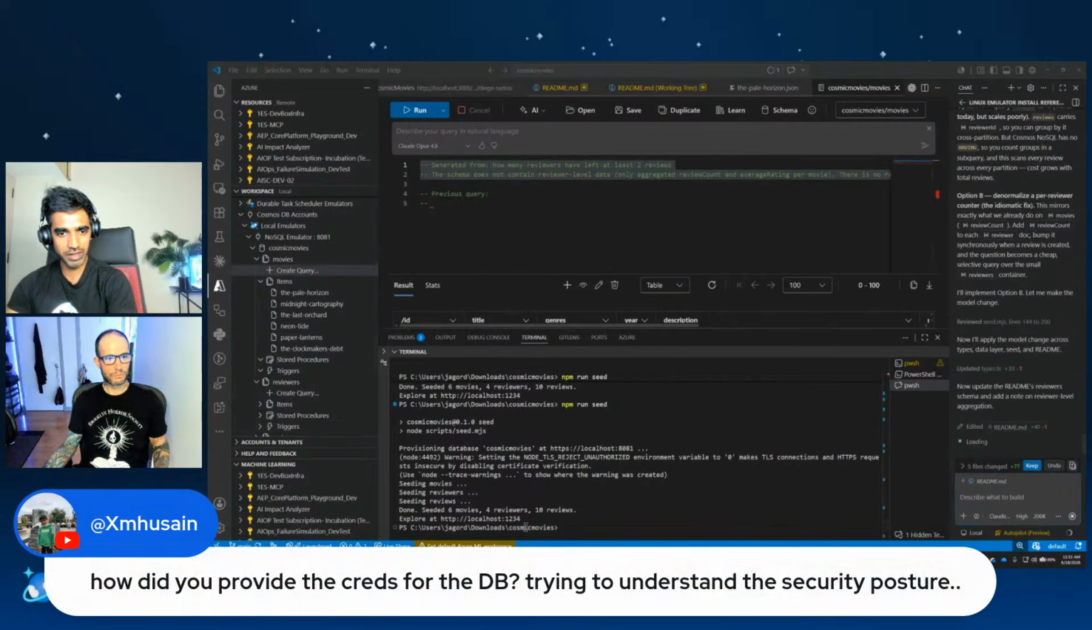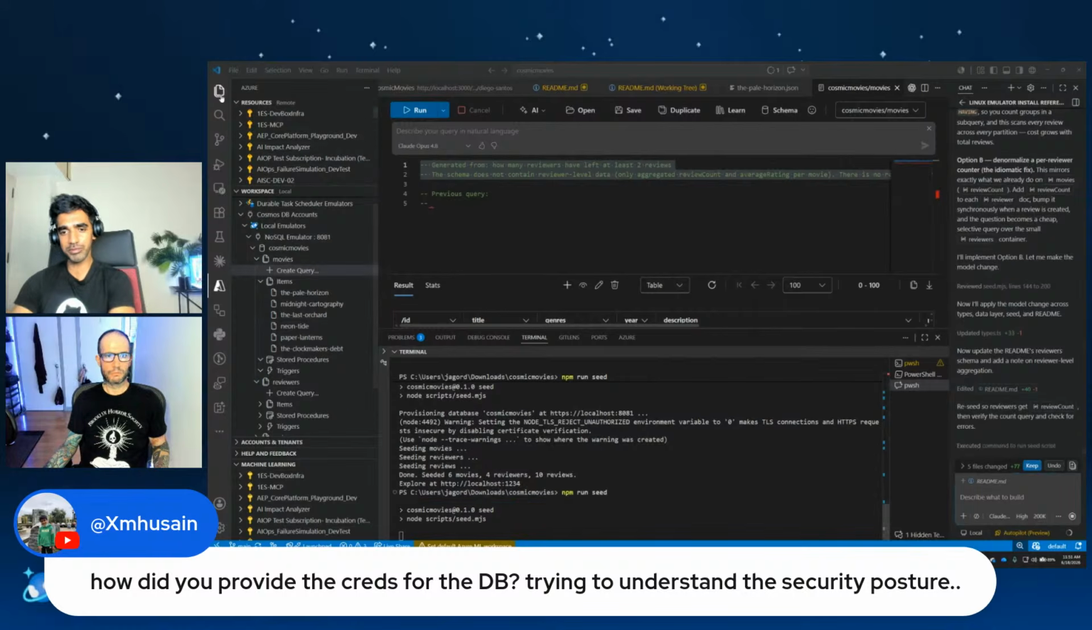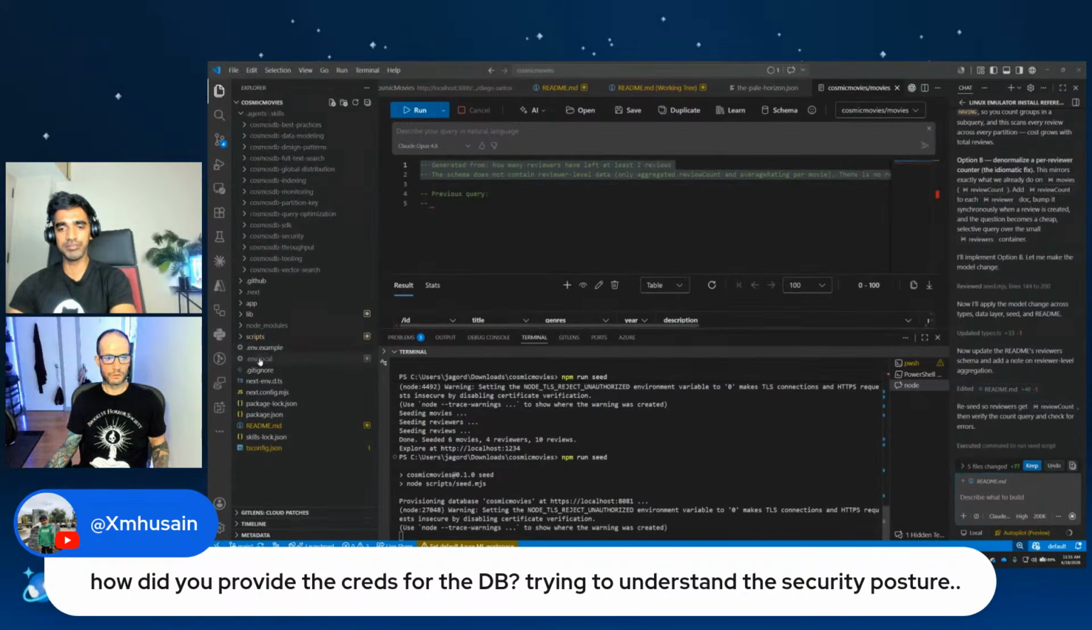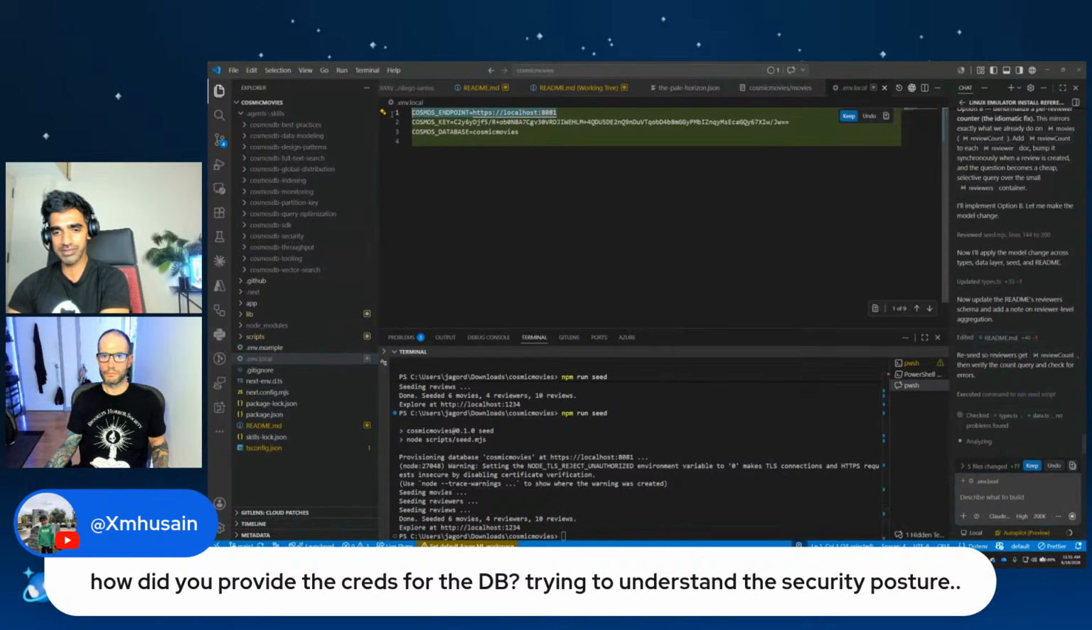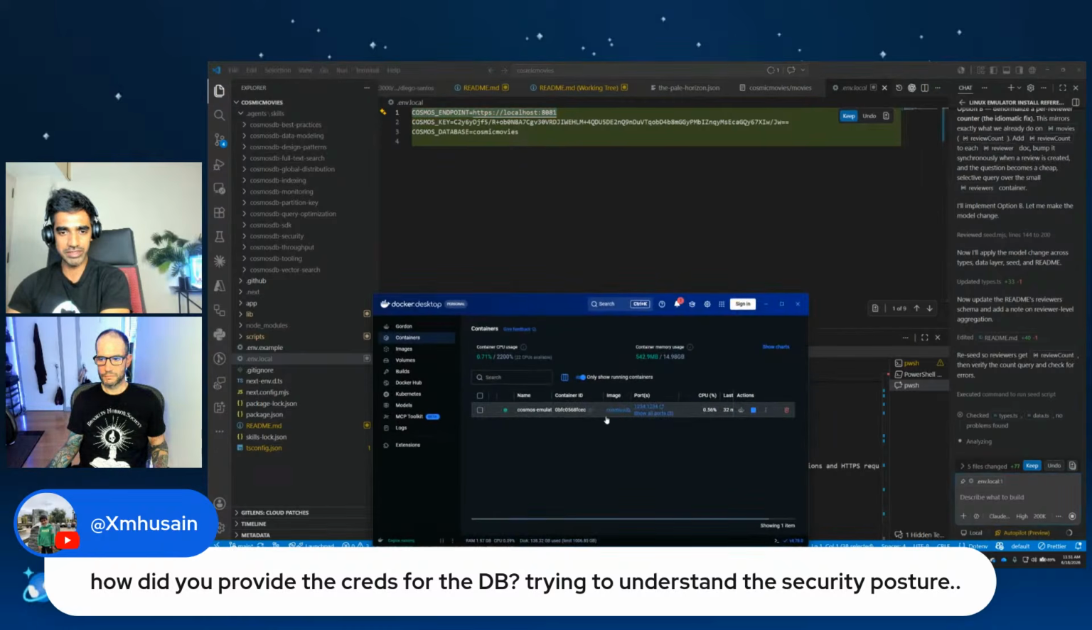Yep. And while it's working on that, there are a couple of questions we can take. First one is about how did you provide the credentials for the DB, trying to understand the security posture. In this case, we were just starting a demo application. So we were using the local emulator. Basically, local emulator has a connection endpoint, which is added to the environment variable. But certainly